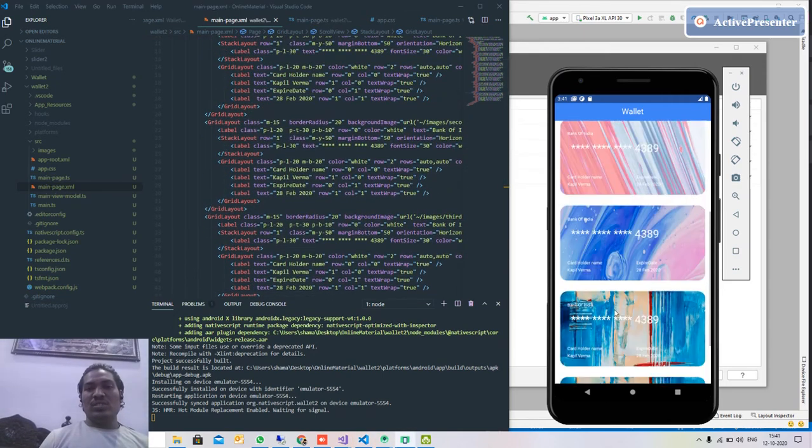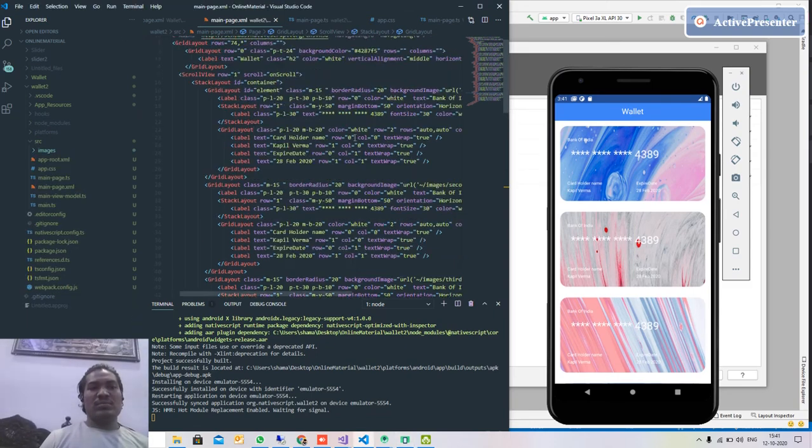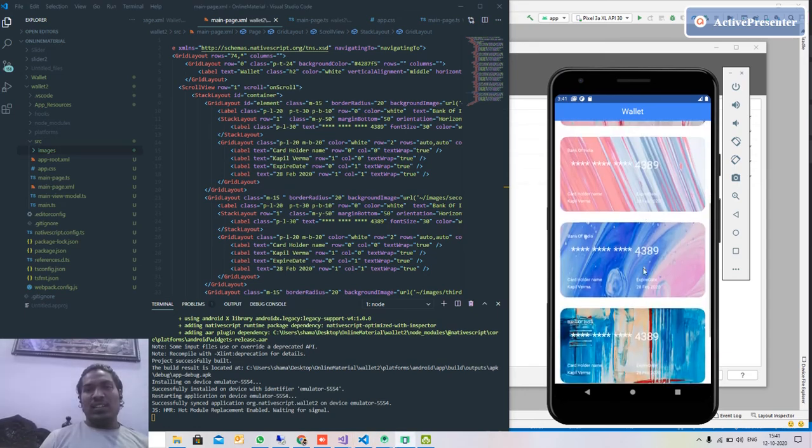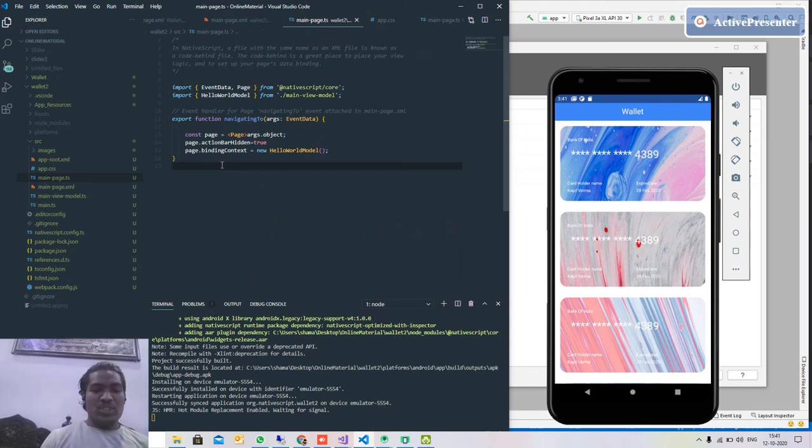Okay, and the images are coming from here. You can just use your own image or anything. And at the top we have an action bar, which has just a simple label text. If you want the code, I will put that code on GitHub. Okay, so on the scroll view we have one scroll event, and we are going to use all our animation in this event. So, function export onScroll, which gets the argument of the scroll view.